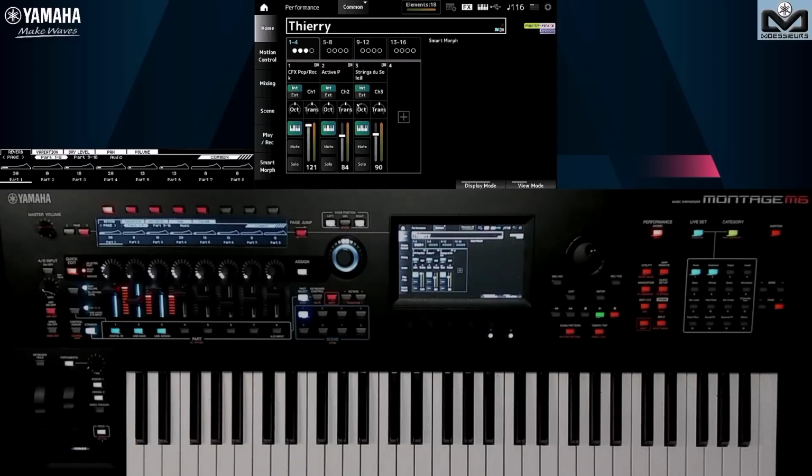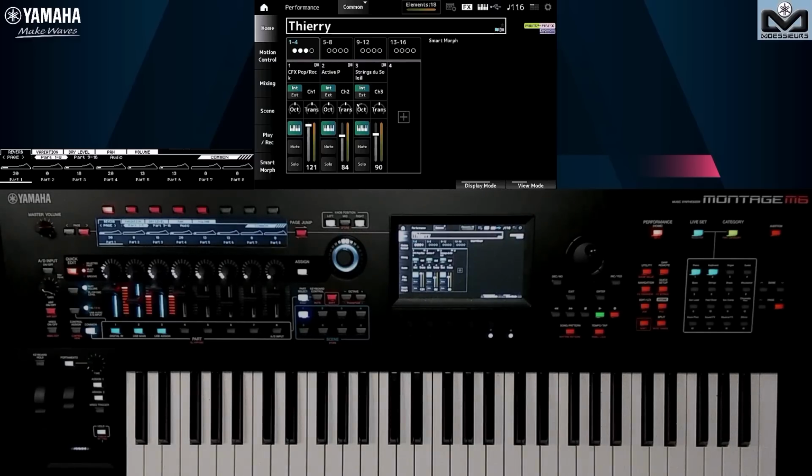For this example about assignable outputs, with my advice about how to use them, I chose this performance, which I used during an online course with Thierry. Here we have a piano layer with strings and a bass split. For stage purposes, I like to have the bass go to the mixer independently, because the sound guy would prefer to have the bass independent, to manage it as it should be for volume, whatever performance you play. That's what assignable outputs are for.